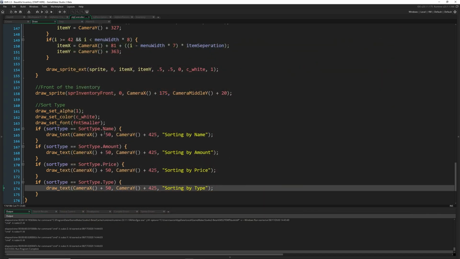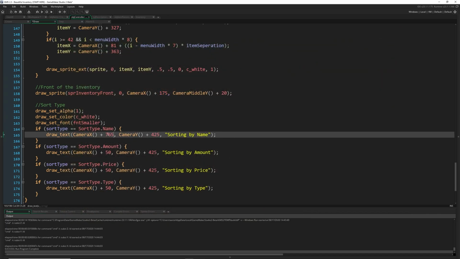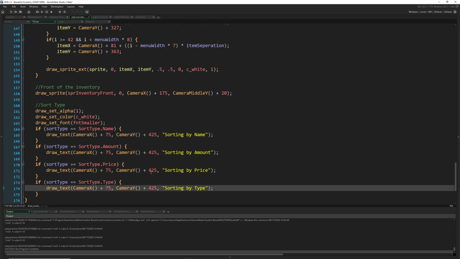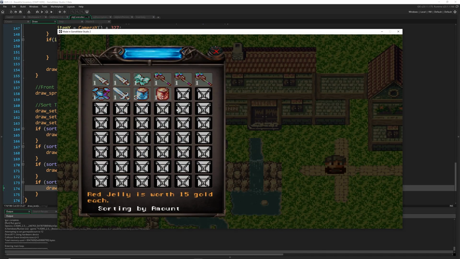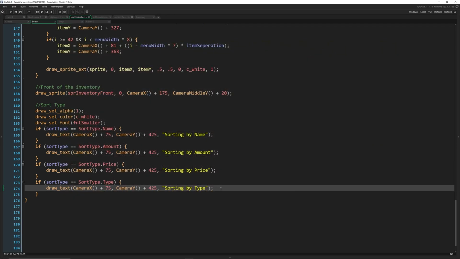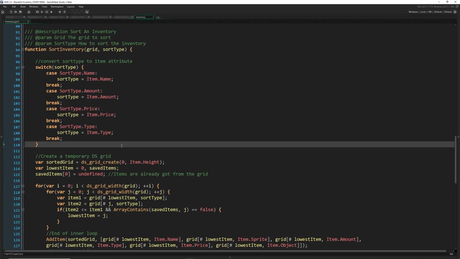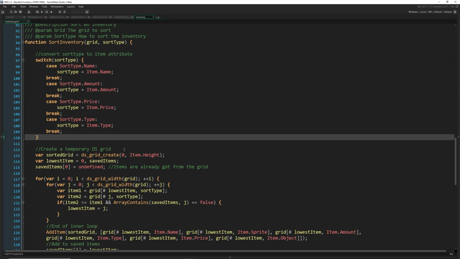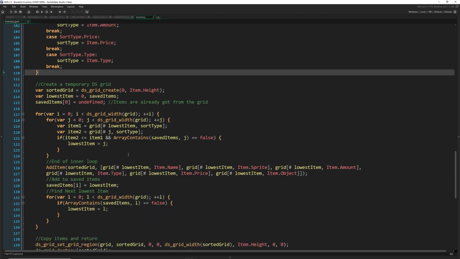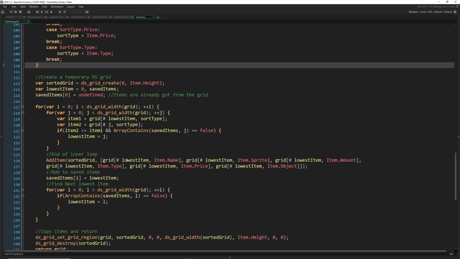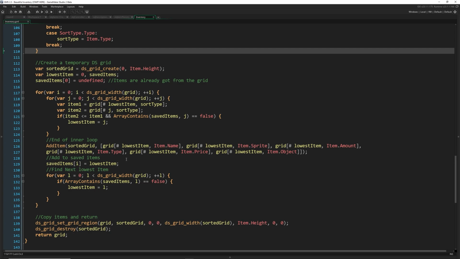Let's go ahead and move the camera X in. Let's do like 75. I think that would look better. And voila. We are sorting, we are displaying what we're doing, and I'm pretty happy with that. It's fairly complex, I will admit. Getting a good sort is very difficult to do. This isn't by far the most efficient, and it's probably not even the prettiest way of doing it, but I think it's probably the easiest way to do it, and that's unfortunate because it's still rather complex, but I hope